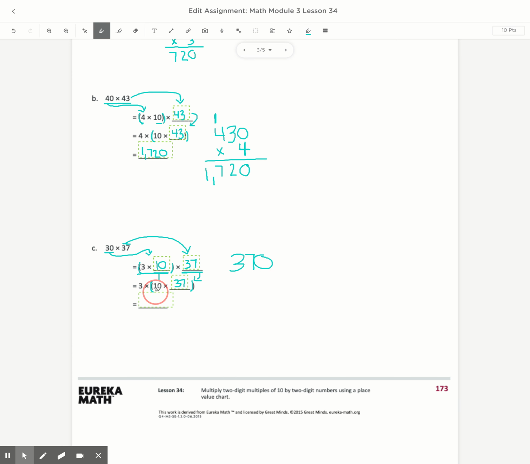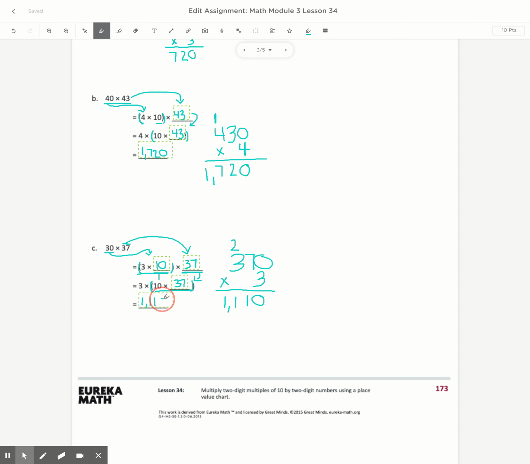So I did 10 times 37 first, which is good because it's in the parentheses, and you always do what's in the parentheses first. Now I can multiply by that 3. So I have 3 times 0. I know that that equals 0. I have 3 times 7. I know that that equals 21. So I'm going to write the 1, carry the 2. And then I have 3 times 3, which I know is 9, plus 2, which I know is 11. So I end up with an answer of